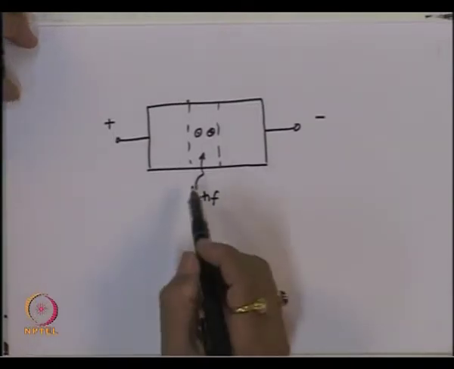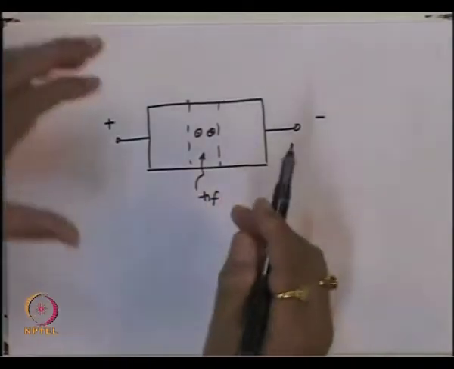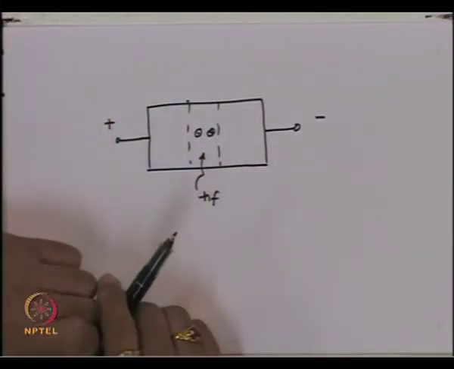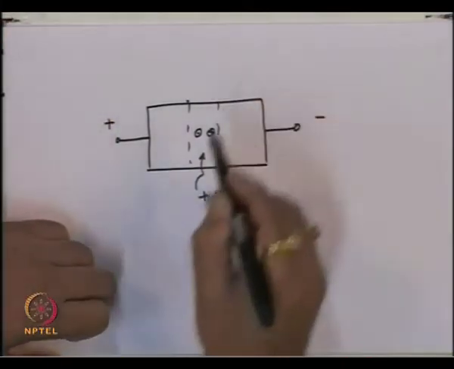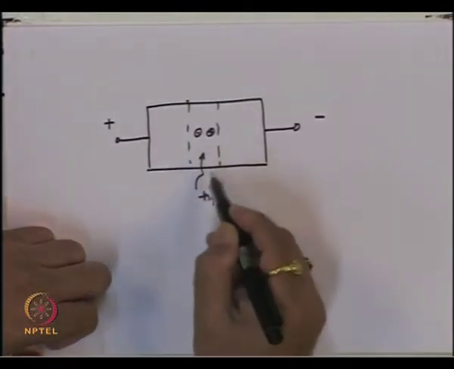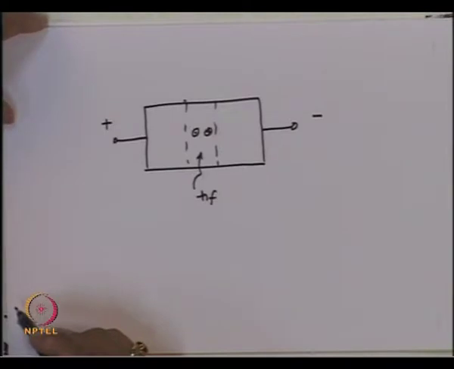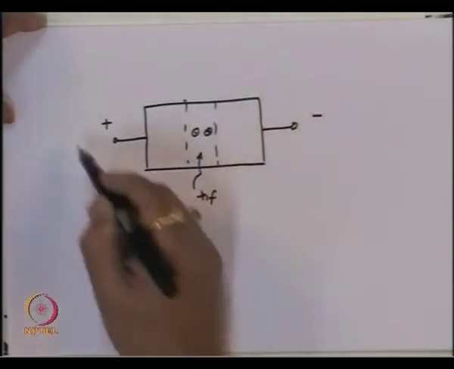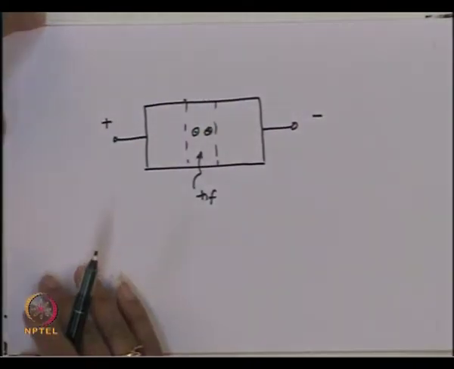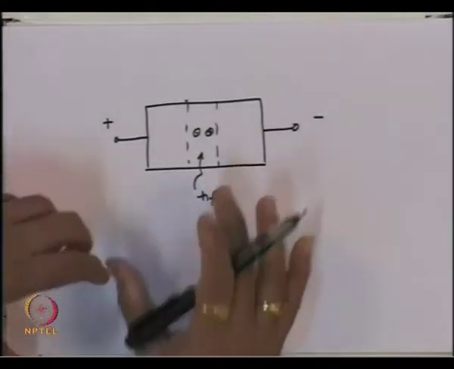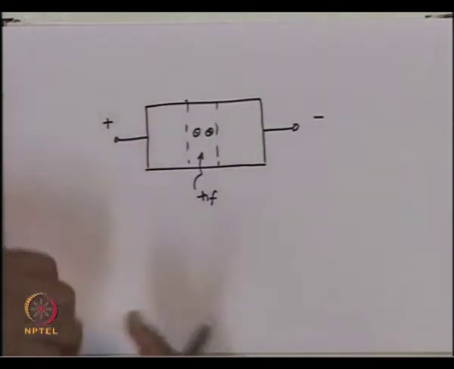It is then immediately clear that we cannot have this PN junction in the forward bias condition, because in forward bias you will have a current flow which will not depend on the incident photon, but will flow just because of the forward bias condition of the diode. So, essentially this PN junction has to be operated in the reverse bias condition,